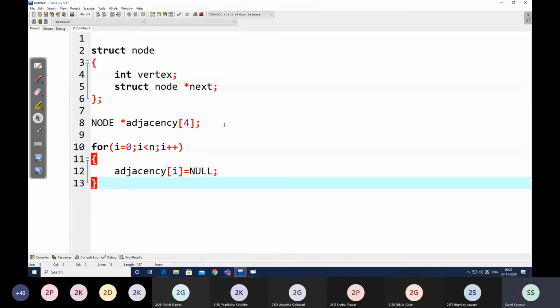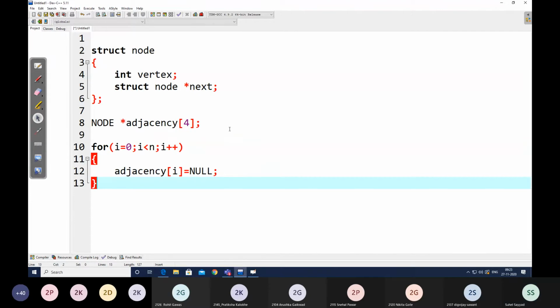So initially all these values will be made null. Is it understood up till now? As we make start as null initially, similarly I need to make all the adjacency values initially null, correct?